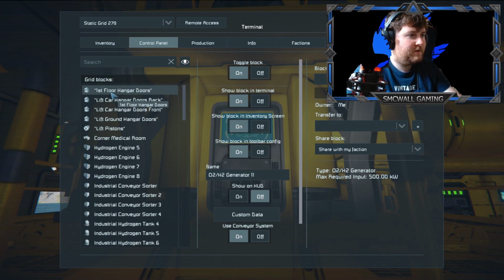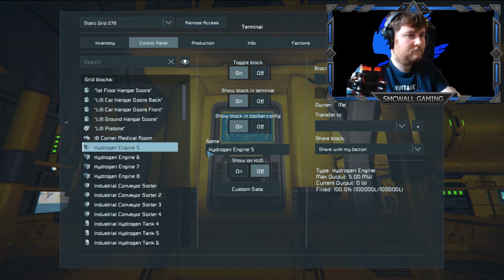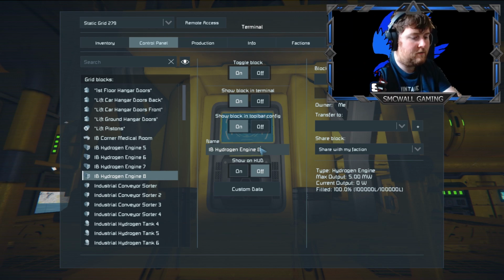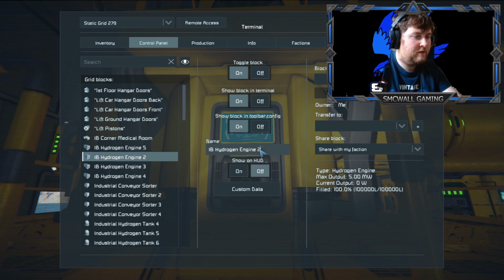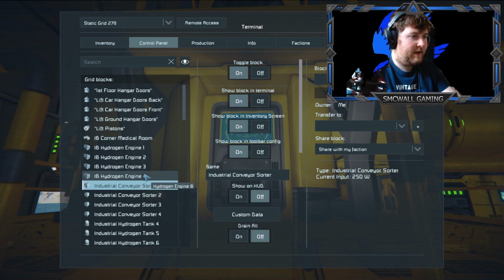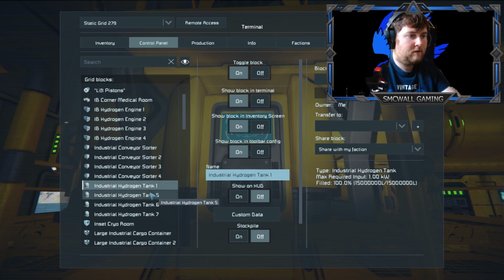So let me see. We'll start off up here. We'll do the IB. I'm just going to put this in front of most things. And then there's IB, IB, IB. Now this is number 4. This one's number 3, and then I'm going to be doing the blueprints of these soon enough. I just need to get it all named up properly. So we've got IB, IB, IB, conveyor sorter. This is probably where we'll rename them on the actual thing, so I'll leave that last. And then this is tank 1, tank 2,